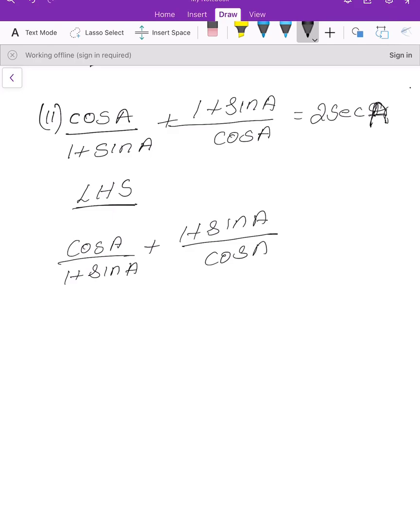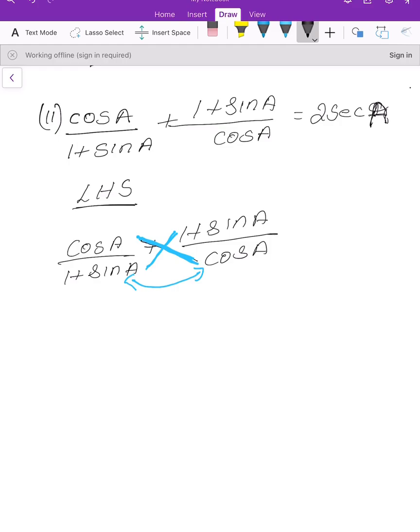Because my denominators are different, I have to take the LCM. The LCM for this type of things which are not numbers will be very simple. I will cross multiply. I will multiply this and this, then I'll multiply this and this. This is how I'll do. I'll multiply the cross things, then I'll try to multiply the denominator. I'll show you how to do.